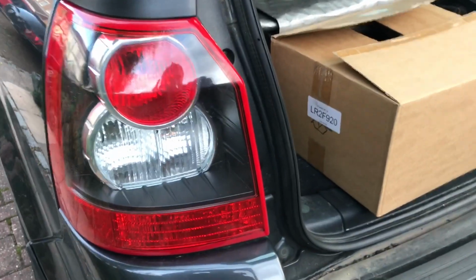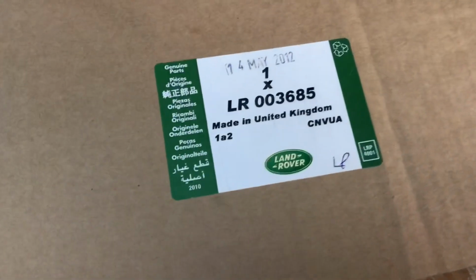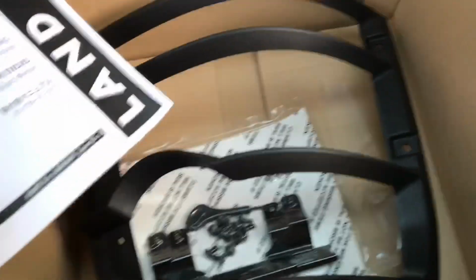Today we're going to be fitting some rear light guards to the Land Rover Freelander 2. Let's have a look what we've got here. These are genuine Land Rover ones, LR003685, the part number. And a kit here with guides, some instructions,